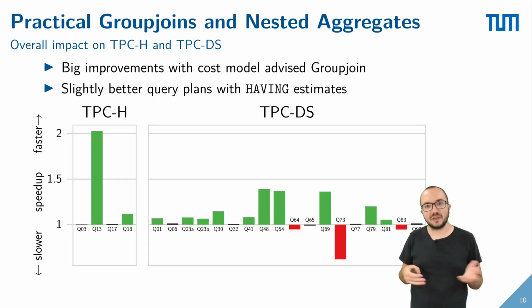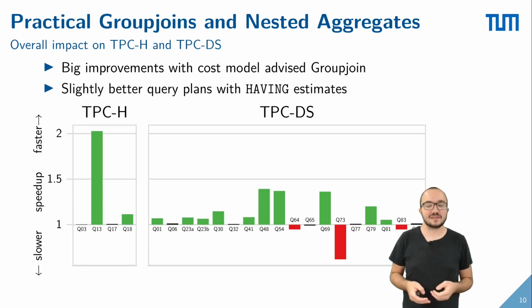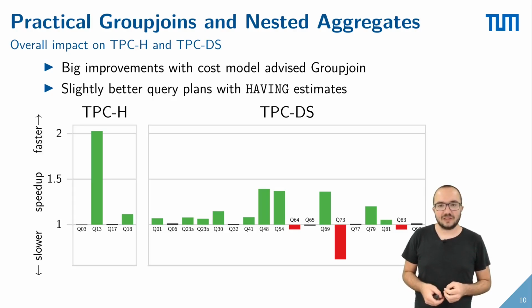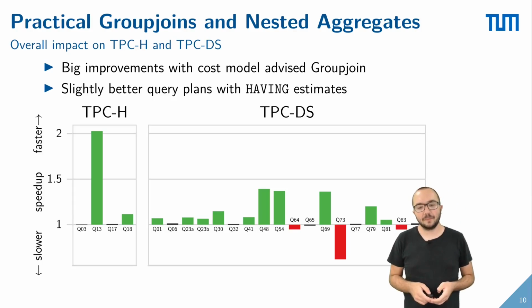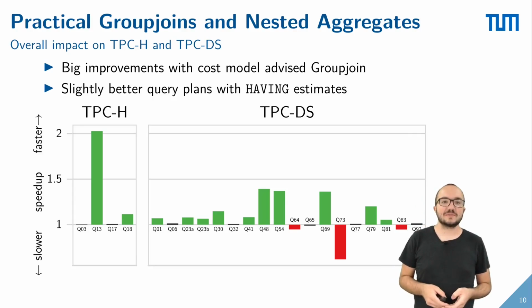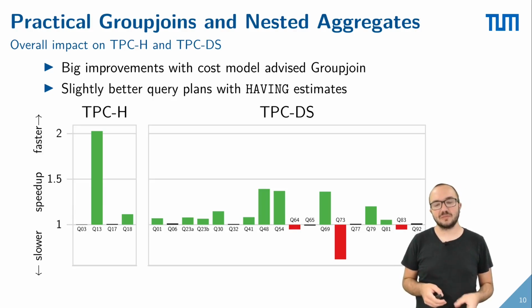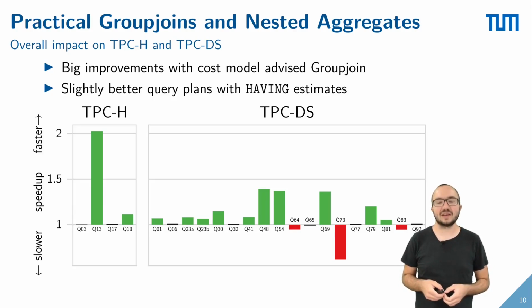However, when we look at bigger queries like in TPC-DS, group joins only make out about 1/8 of all of the operators that we have in these queries, so their overall impact is limited. We also see that having estimates can have an impact on a number of query plans, but their impact is also very limited because the join orderings aren't affected as much, and we even get one